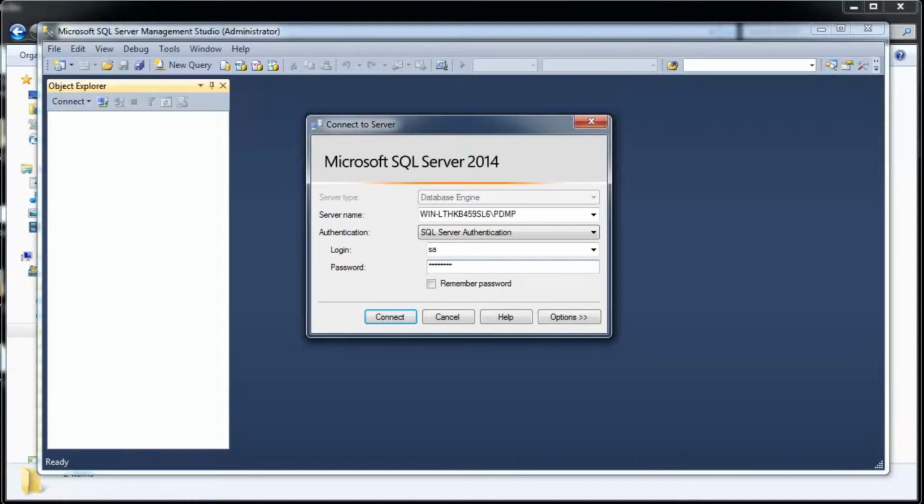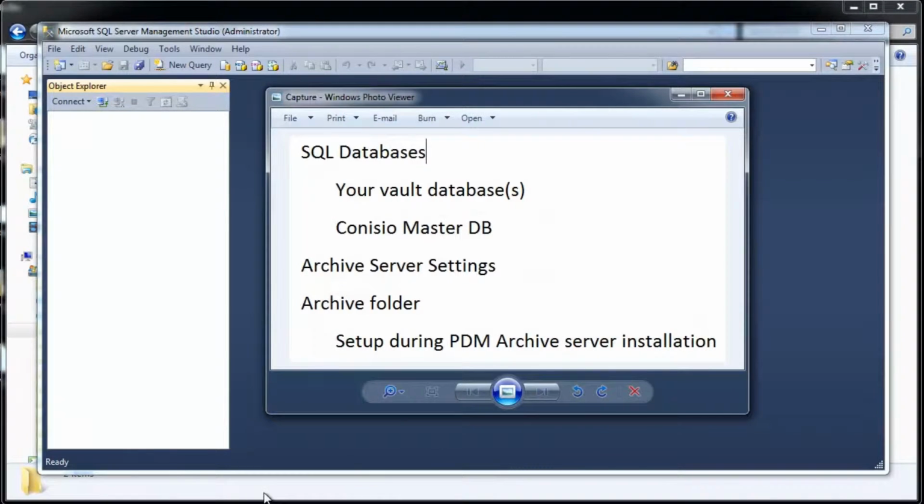In this tech tip, we're going to learn about backing up SOLIDWORKS PDM Professional. There's a couple key attributes to consider, and there are several things that need to be backed up. There are three main parts of the PDM that need to be backed up. You have your SQL databases, which can be a couple of different databases, the archive server settings, and the archive